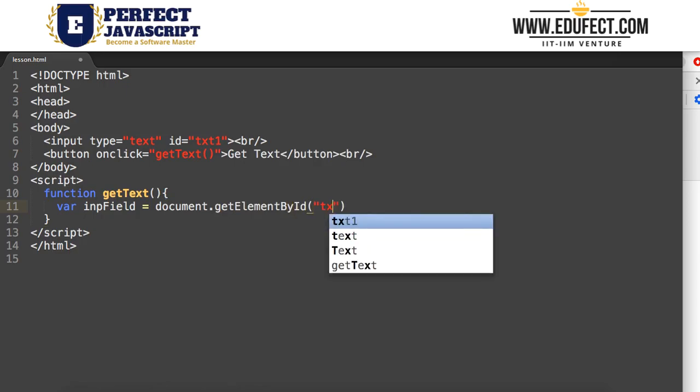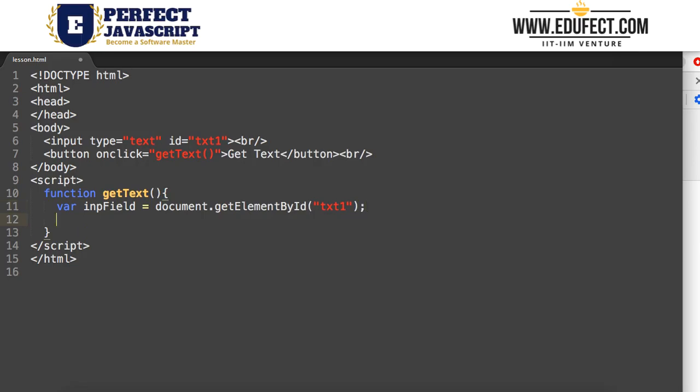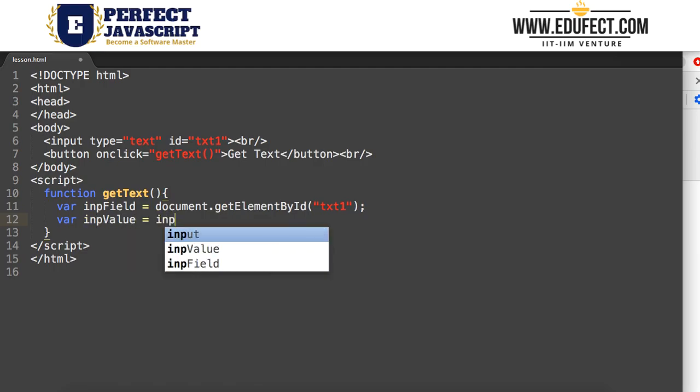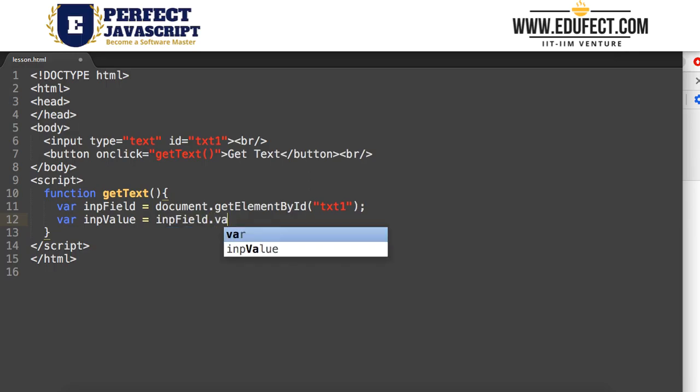It is txt1. So once we have fetched the field, let's get its value. So let's say inpValue is equal to inputField.value.